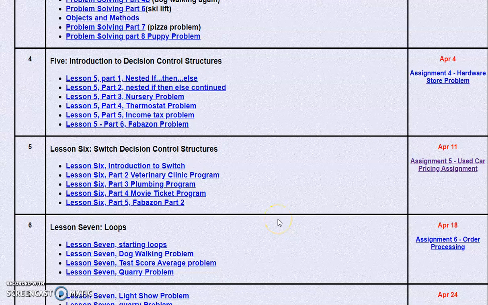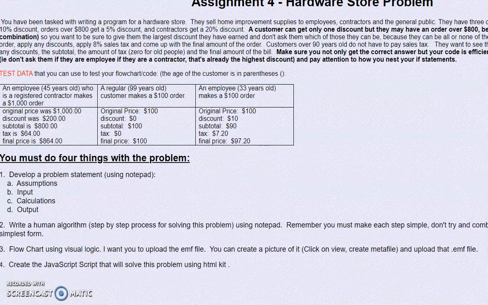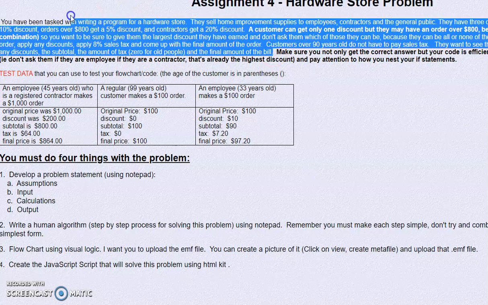Okay, now we're going to be doing assignment 4, and that is going to be the hardware store problem. And here it is. So we can see that we got lots of stuff here. So I'm going to go ahead and copy the problem